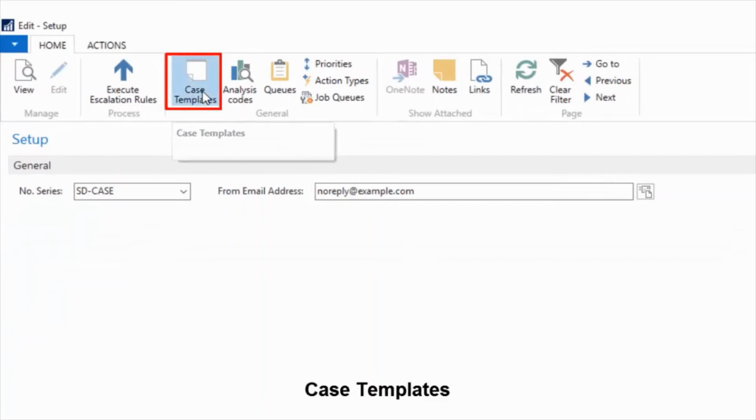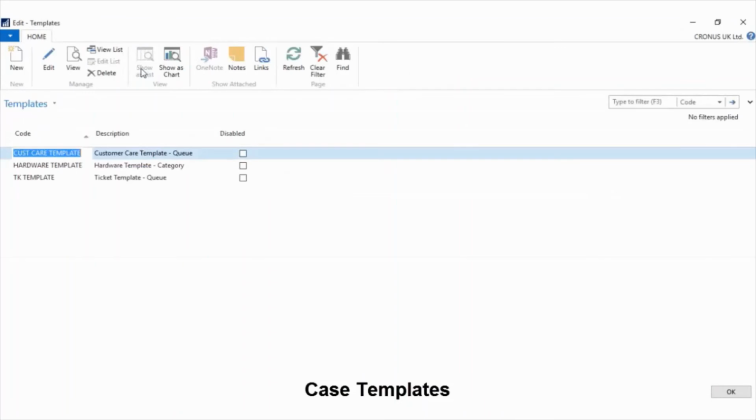The next concept that we're going to take a look at is that of case templates in Case Manager. Templates in Case Manager can be defined at both a queue level and at a category level. Defining a template code at queue level allows you to specify case actions that are automatically created for cases in the queue. You can automatically create these case actions on creation of a case simply by linking the template code